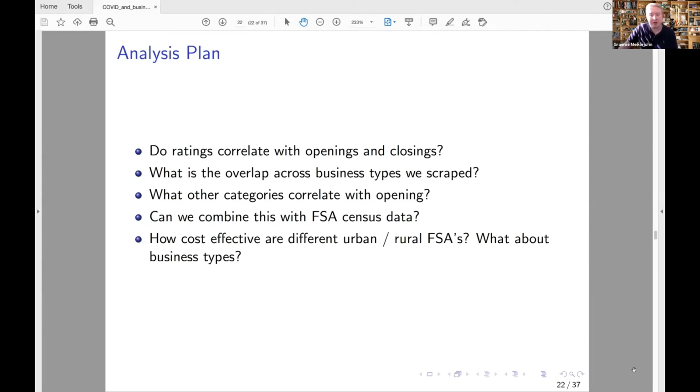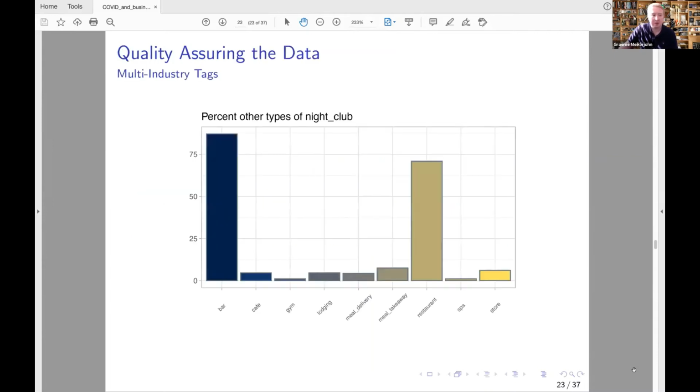But before we do all that, the key thing we had to do first was a bit of QA, a bit of quality assurance on the data. On the next slide, the first thing we wanted to check was, when we look at businesses by sector, how are they actually being flagged by Google? What this graph shows is that there was quite a strong correlation